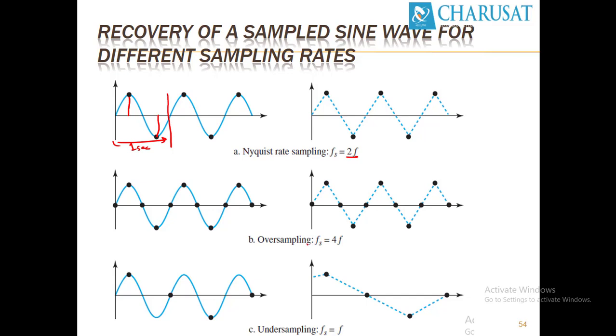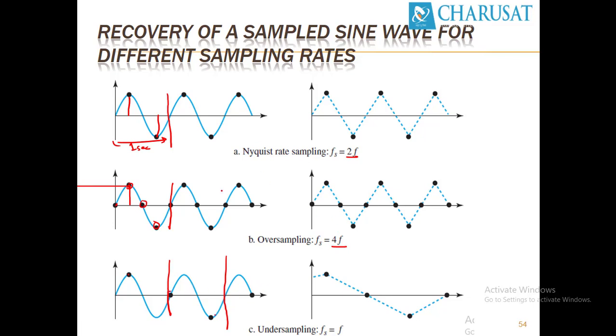This is the 4f example, where in the same way we took 1, 2, 3 and 4 samples, at time t equal to 0, t equal to 1 by 4, t equal to 1 by 2, and t equal to 3 by 4. So we have 4 samples. In this case, we have only fs equal to f, meaning normal frequency. If we take it this way, we can understand well. This is the first sample, this is the second sample, this is the third sample, and so on.